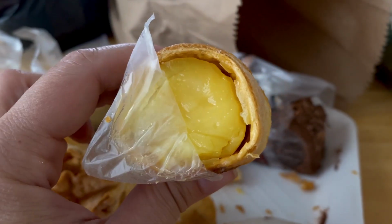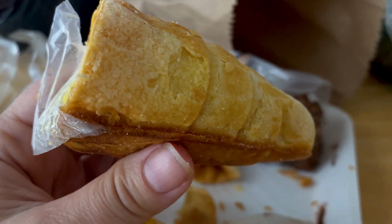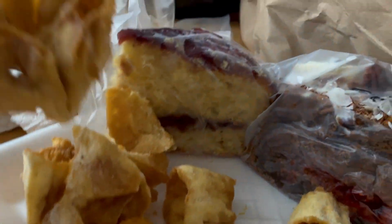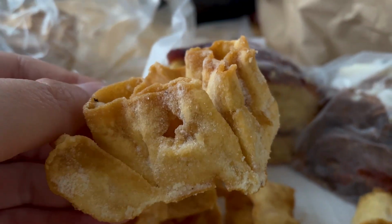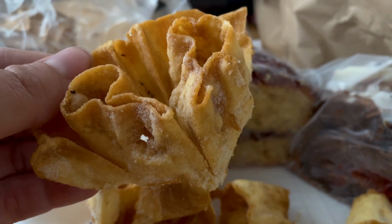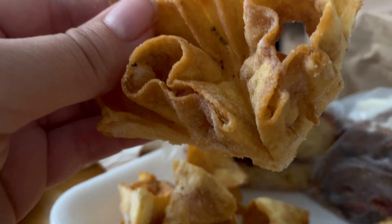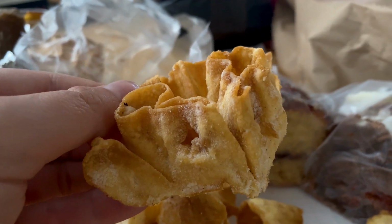So this one I've had before. It's custard inside a sort of croissant dough. I don't eat them a lot, but my daughter says that the best ones are the ones with the bees around them that they sell in Centro. This one crumbled. I don't know if you saw it at the bakery. It's supposed to be round. It's like a deep fried dough, and that's exactly what it tastes like. I would compare it to like elephant ears or something like that. Except they're really thin and